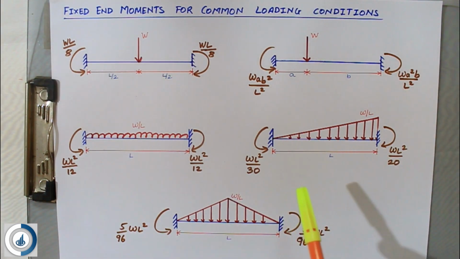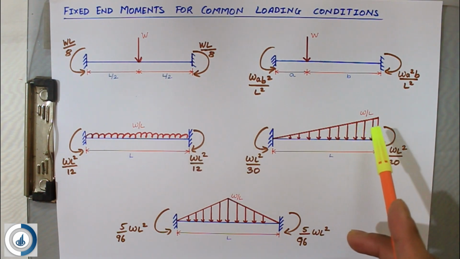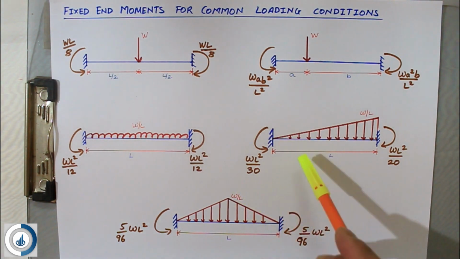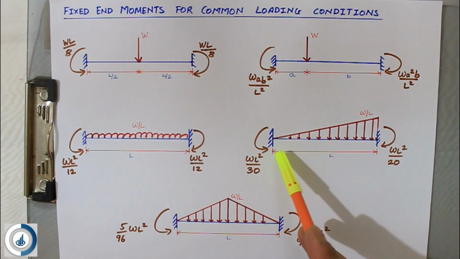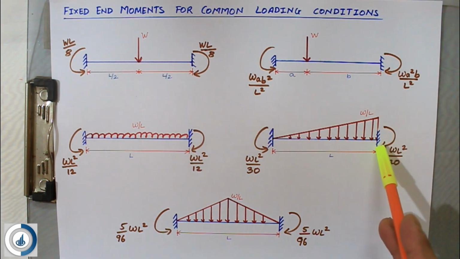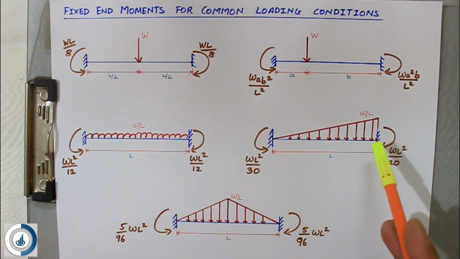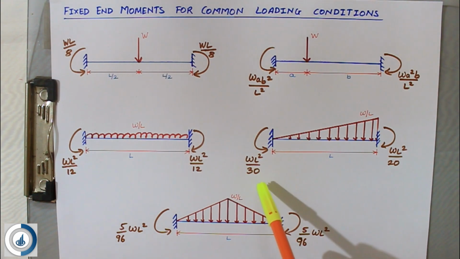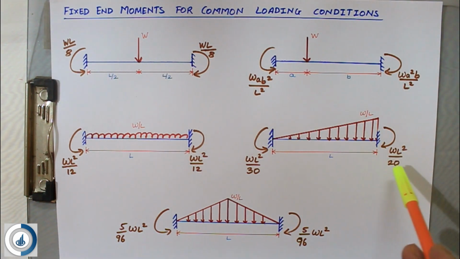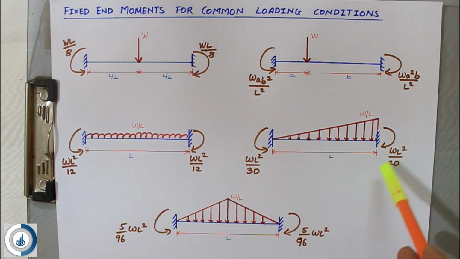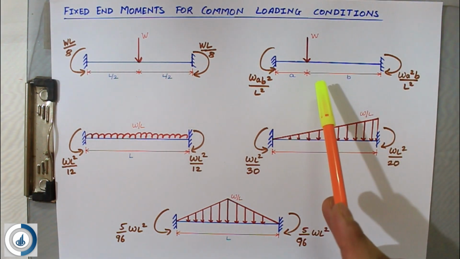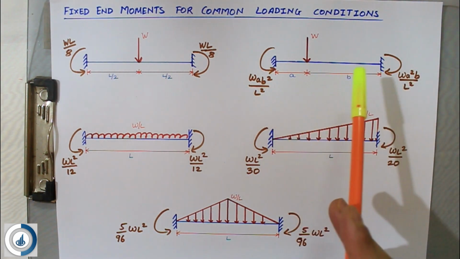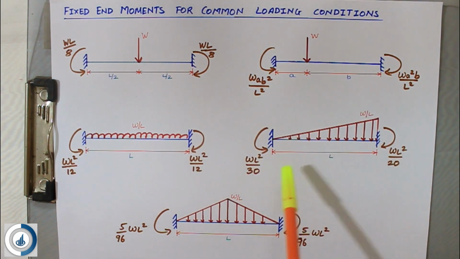So here the next, the fourth case which I have shown, is with a uniformly varying load having an intensity of W per meter, or W per length. Okay, so here at the left hand side I have taken the 0 intensity, and at the right hand side I have taken the maximum intensity of this particular UVL. Okay, so you have to remember wherever there is a 0 intensity, that side the moment will become WL square by 30, and wherever it is maximum it will become WL square by 20. So this is similar to the point load where it is not at the center. Here in this case also you have to remember the 2 different formulas.